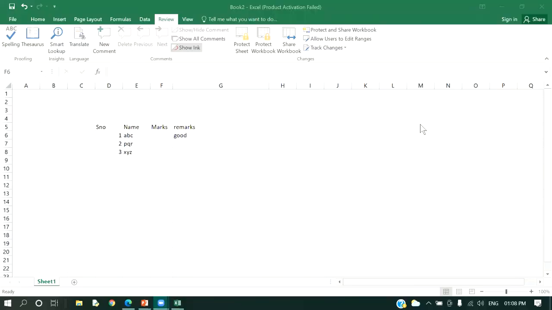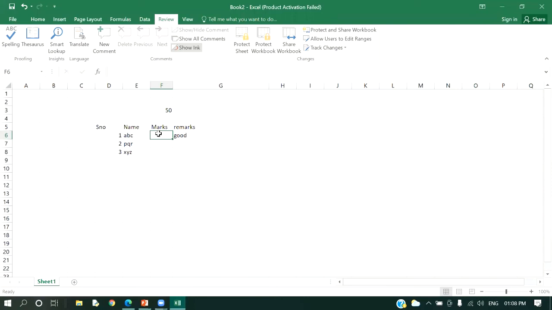Another feature which we are going to see in Excel is data validation. Basically, it allows you to put restrictions on the columns. Like here, let's say the total marks for the question were 50. I want the user not to be able to type values above 50 or below 0, right? Marks will be from 0 to 50.